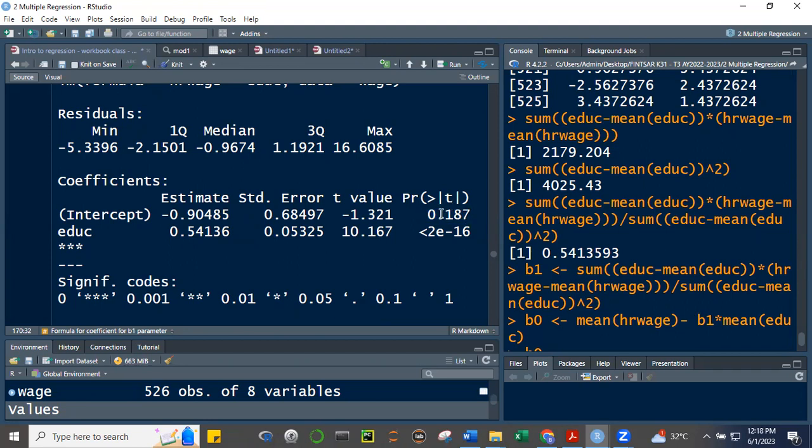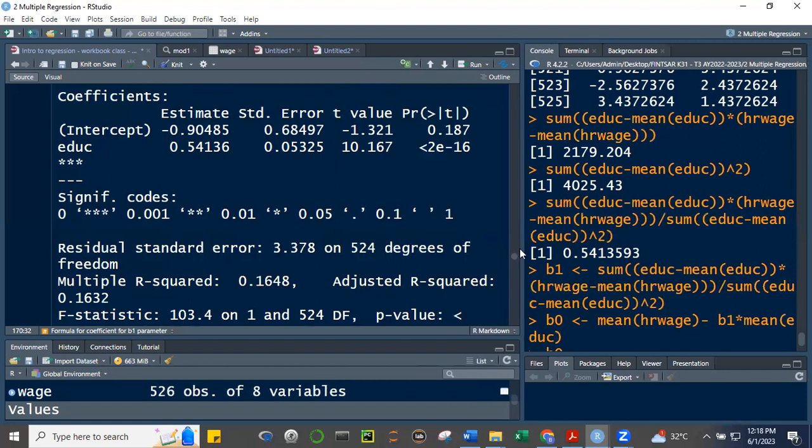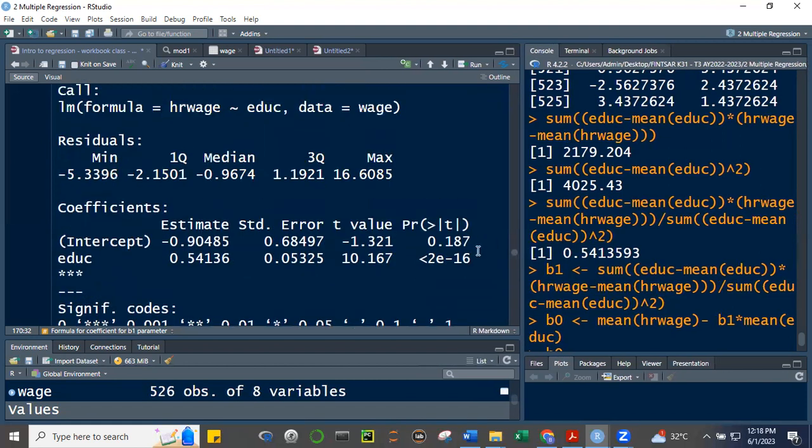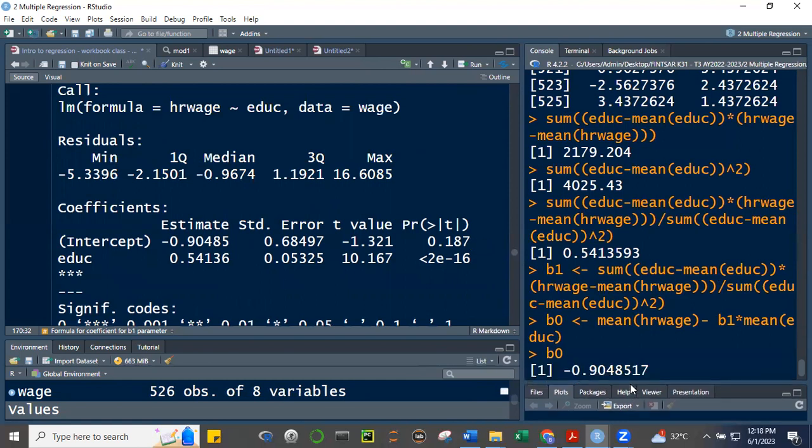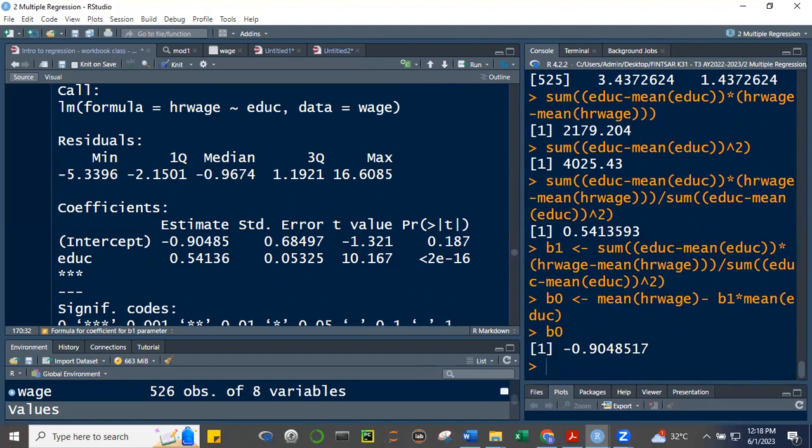Diba? How do we know it's not significant? It's not significant because the p-value is greater than your, ano class, level of significance. And usually, by default, ang level of significance is 0.05. Where did that come from? Well, it came from Robert Fisher. Okay? Siya yung nagsimula ng 0.05 na level of significance. As to why it's 0.05,